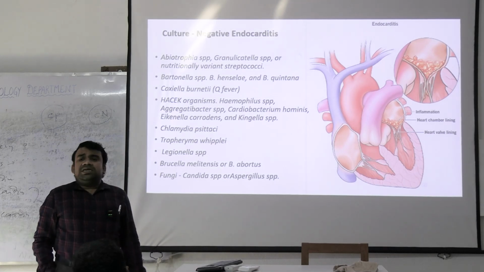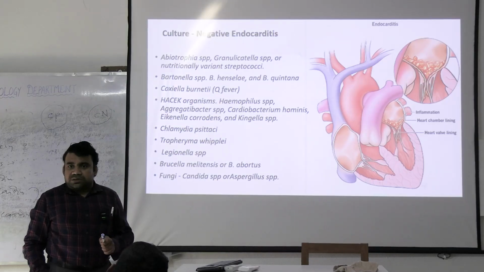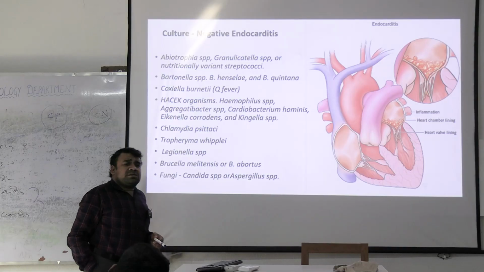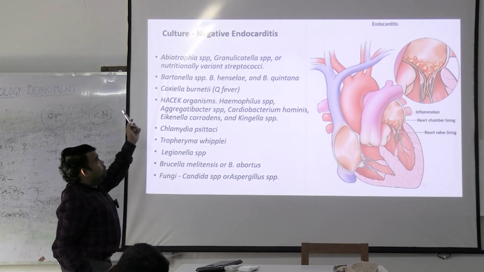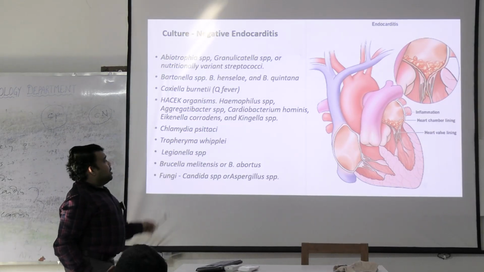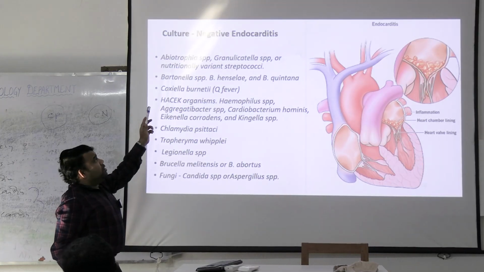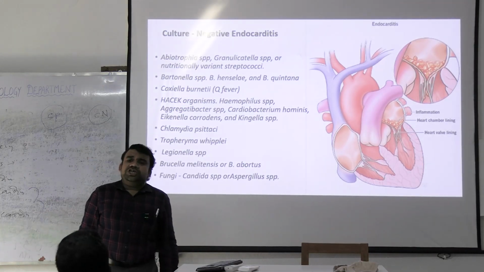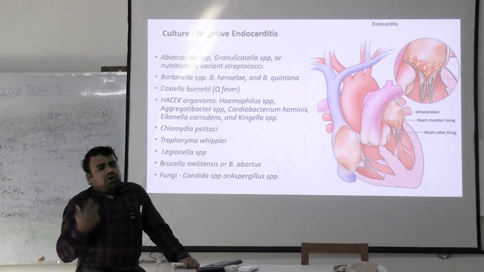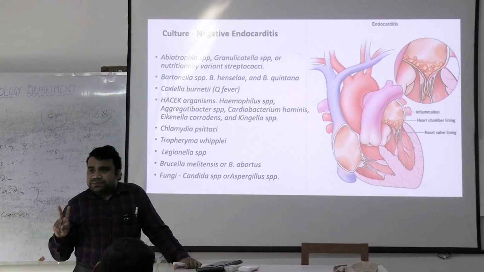Next comes culture negative endocarditis. When we say culture negative, that means by conventional culture methods. So some of the organisms were not easily diagnosed by the routine culture methods. Those include, very importantly, the HACEK group of organisms, Coxiella burnetii, Chlamydia, Bartonella, and the first one, Abiotrophia defectiva. These are called nutritionally variant streptococci. That means they have a specific nutritional requirement. If you do not provide that, they will not grow. Okay, so these are the two broad classifications.